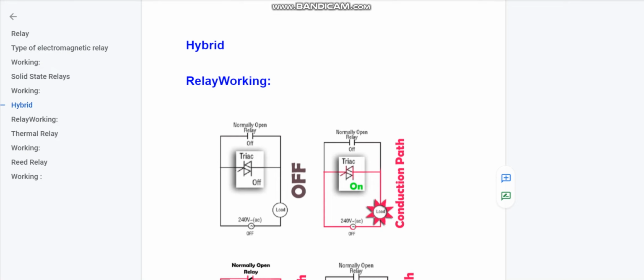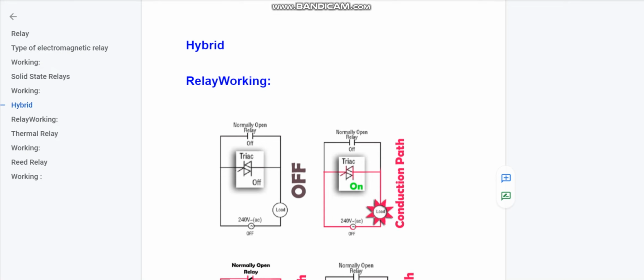The reliability of solid state relays is much higher than that of electromechanical relays, but if studied individually, we come to know that both have some disadvantages. For example, solid state relays consume more power than electromechanical relays, while electromechanical relays are cheaper on the other hand.